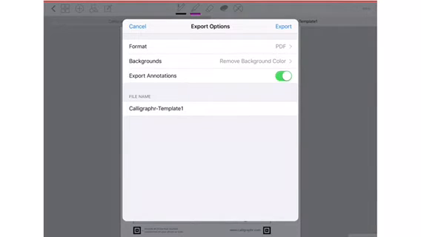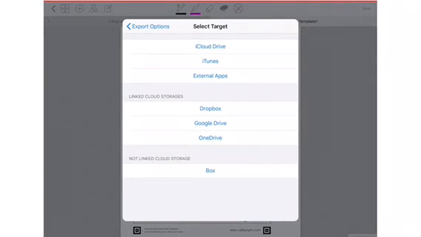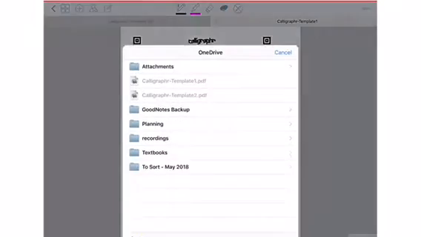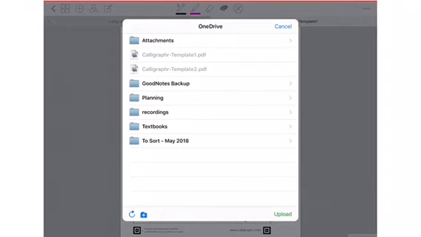In this case, I named it Calligrapher Template 1, but you'll see once I click export and I go to my OneDrive, I already have some templates uploaded, so you would just save it to wherever you want to. Just make sure you know how to get back there, and see I have 2 templates there uploaded. So anyways, you would click upload,